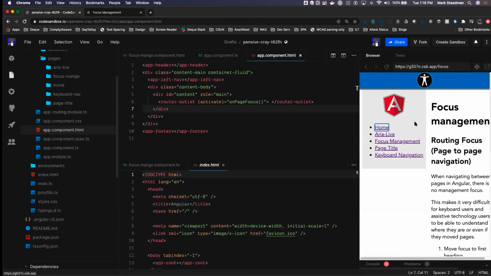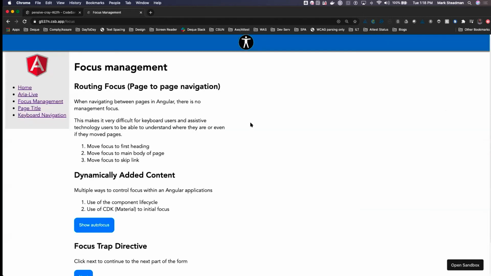But both are acceptable ways. And like I said, the last one, which I do not have an example for, but is similar, is putting focus on a skip to main content link at the top, so that every time the page loads, the skip to main content link can be clicked and then you're pulled down through, okay? So that's focus management